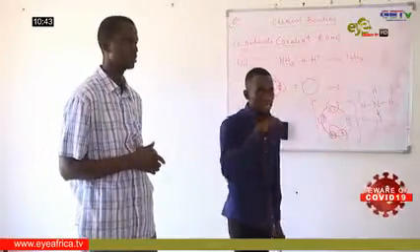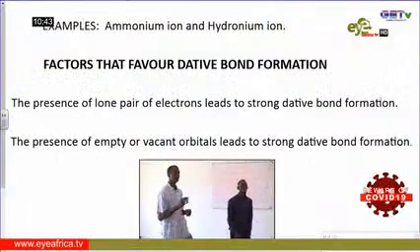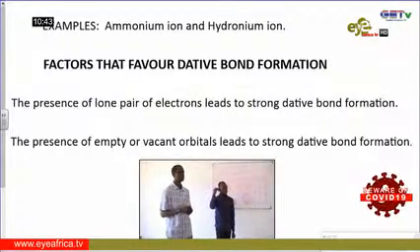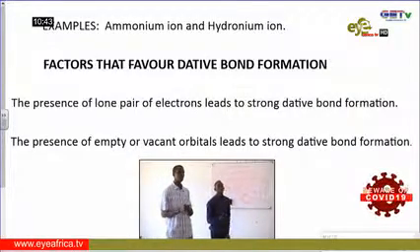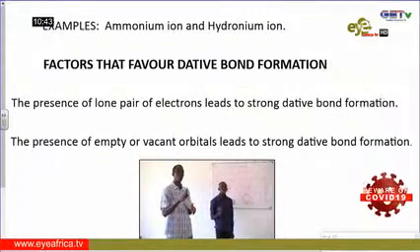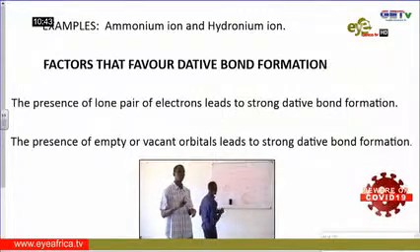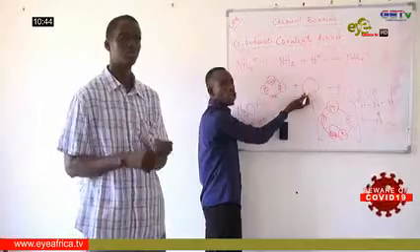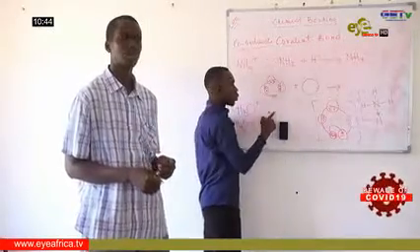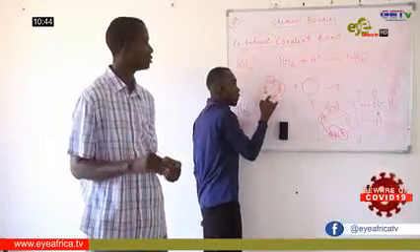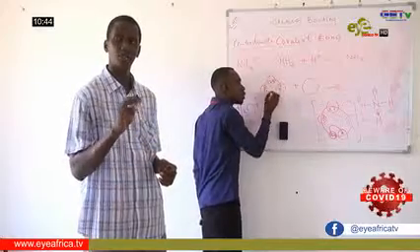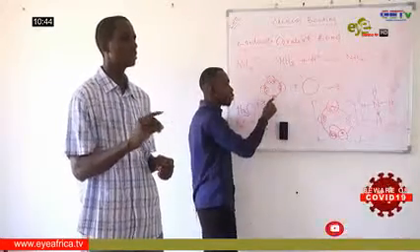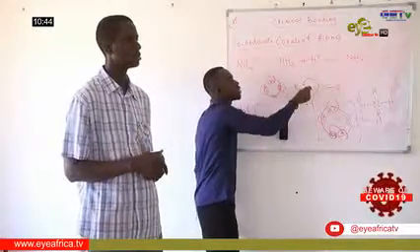Now we have factors that favor dative bond formation. So without these factors, there will be no dative bond. 1. The presence of lone pair of electrons leads to strong dative bond formation. That is, you see, this ammonia is reacting with the hydrogen ion. And the hydrogen ion is not having any electron. So if this ammonia, from the nitrogen, was not having this lone pair of electrons, there will be no dative bond in this case. So there must be